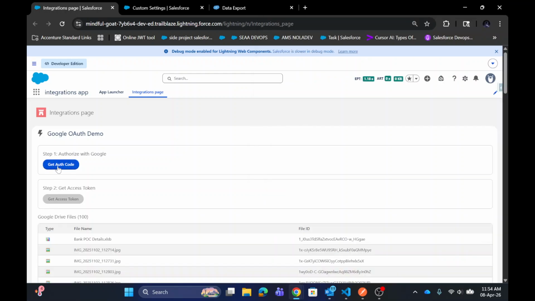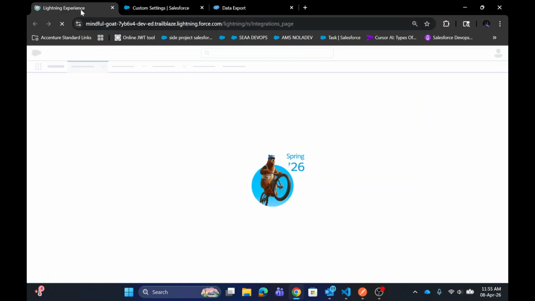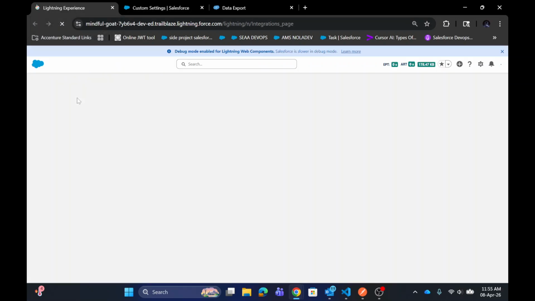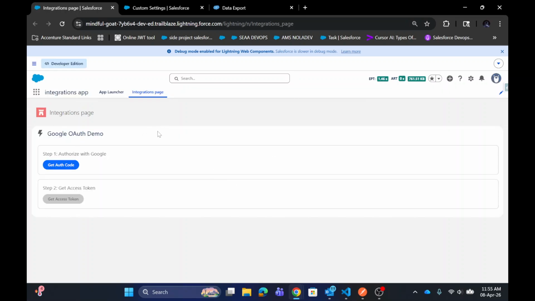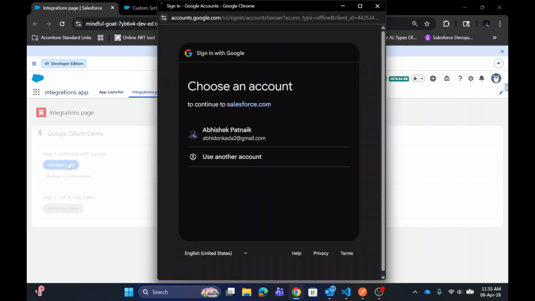So I'm clicking this OAuth code, right? Let me refresh. See, now when I click on get OAuth code,